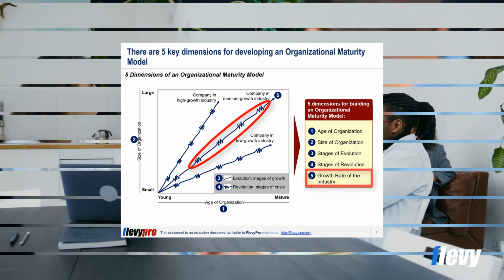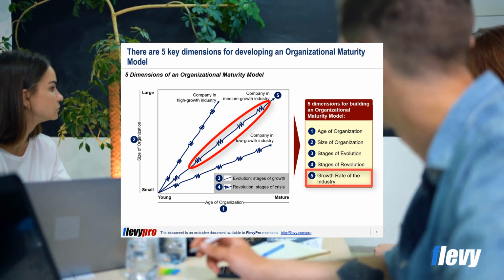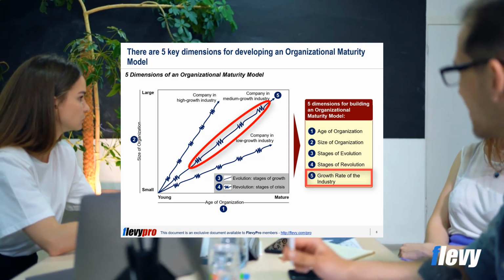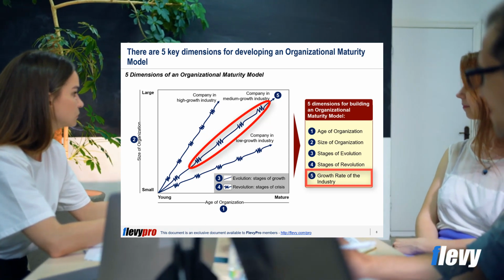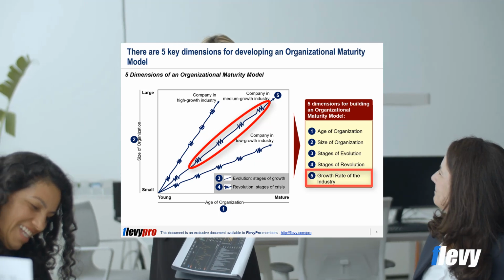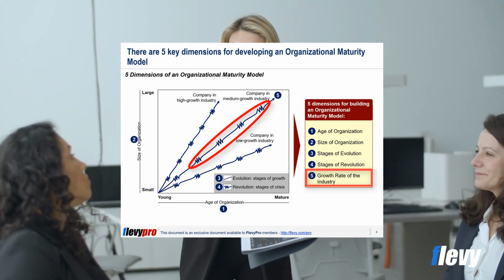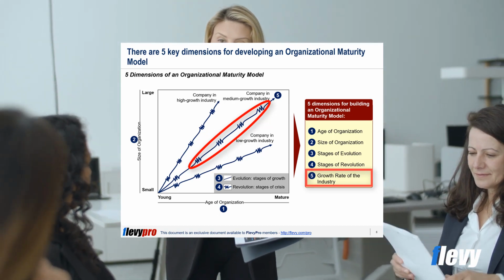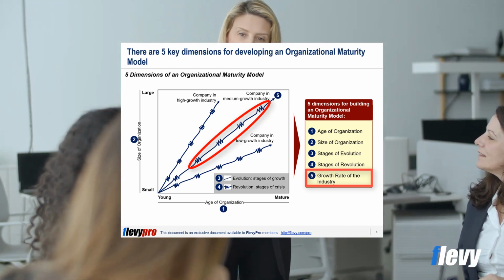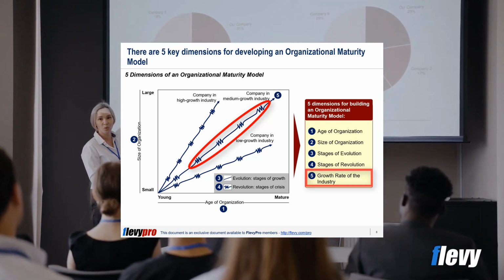The final dimension is the growth rate of the industry. The speed at which an organization experiences phases of evolution and revolution is closely related to the market environment of its industry. For example, a company in a rapidly expanding market will have to add employees quickly. Evolutionary periods tend to be relatively short in fast-growing industries, while longer evolutionary periods occur in mature or slow-growing industries. Also, evolution can be prolonged and revolutions delayed when profits come easily. For example, companies that make serious errors in a prosperous industry can still look good on their financials. As a result, they can buy time before a crisis forces changes in management practices.